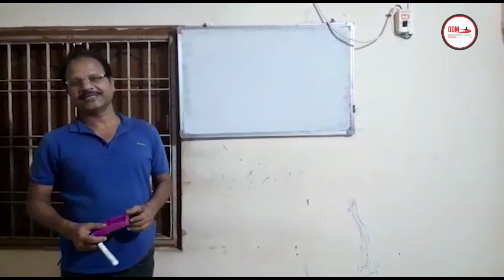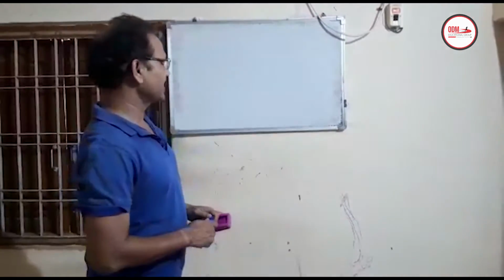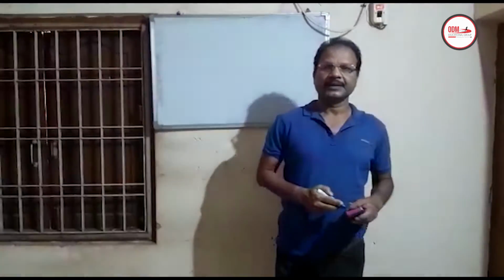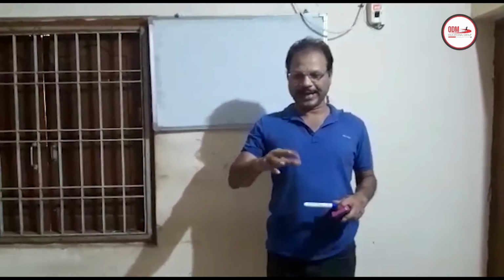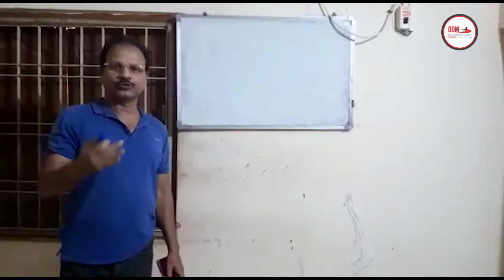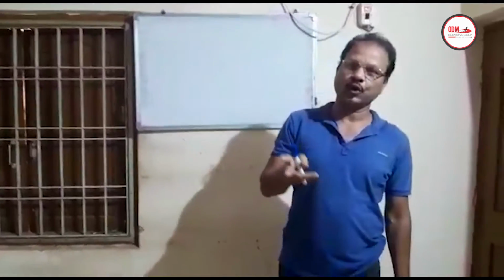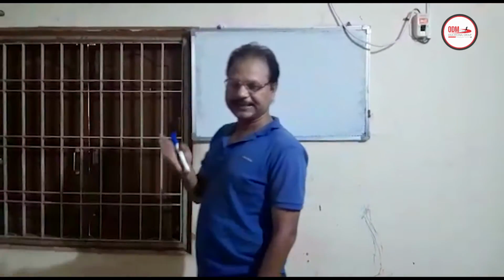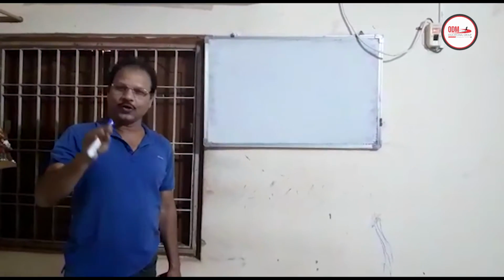So today we shall discuss operations on real numbers. We already know how to add two rational numbers, how to subtract, how to multiply, and how to divide. We know that the addition of two rational numbers is always a rational number. The subtraction of two rational numbers is always a rational number. The multiplication of two rational numbers is always a rational number, and the division of two rational numbers is also always